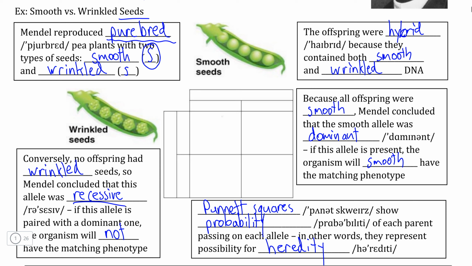So remember that both of these parents were purebred, meaning that the smooth-seeded plant from its mother and its father, or its maternal chromosome or paternal chromosome, both contain the dominant allele, uppercase S, whereas the wrinkled parent here would contain from both of its parents the recessive allele, little case s, and little case s. Now, we remember from how meiosis works that only 50% of DNA from the father organism and 50% of the DNA from the mother organism can be transferred because of independent assortment.